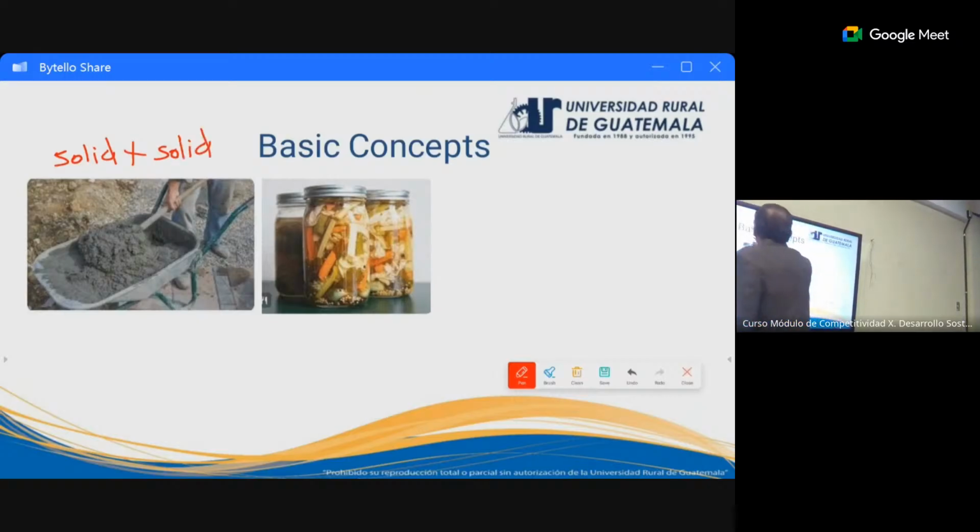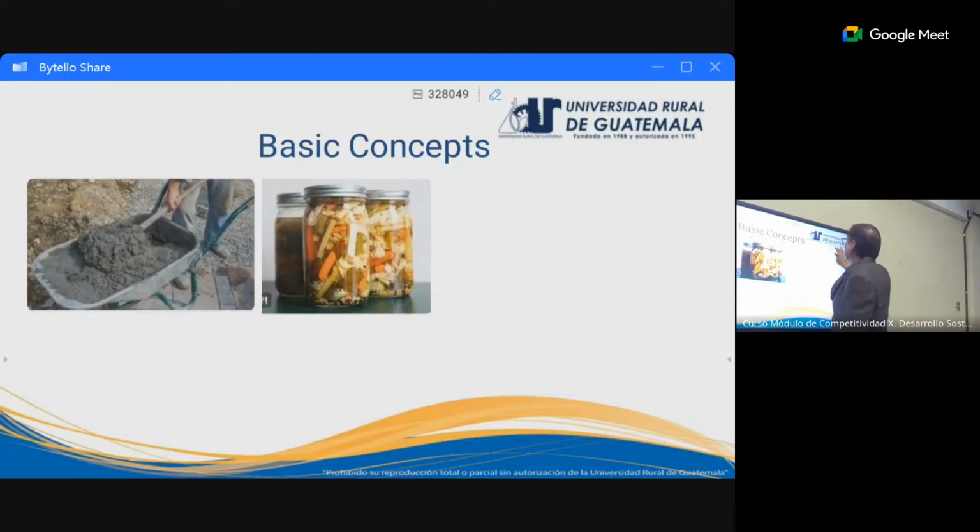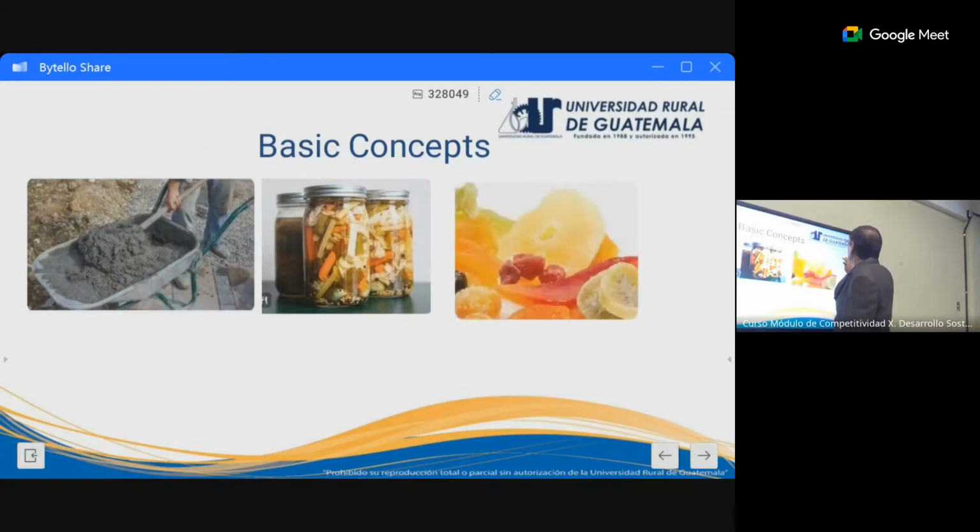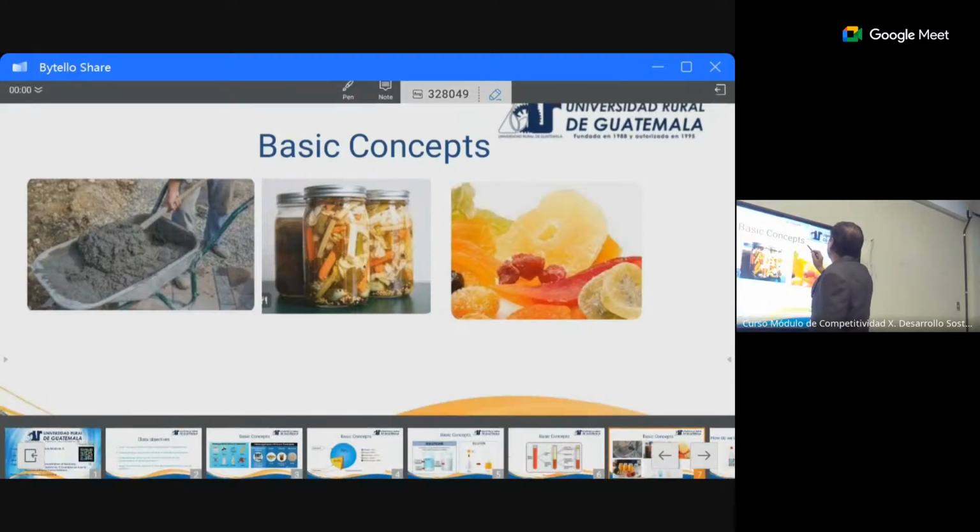While the next example, the next image here is a mixture of a liquid plus solids, okay? Solids. But now let's continue taking some additional images here. In this case, we have fruits here, fruits plus sugar, but we will say that this is a mixture of